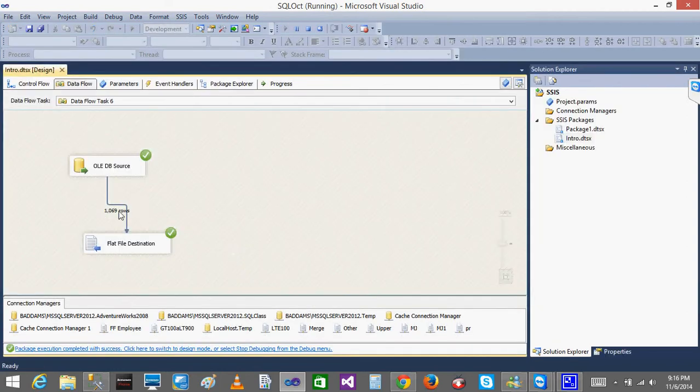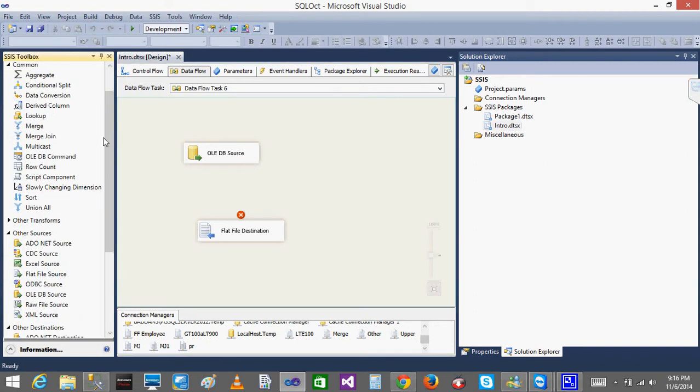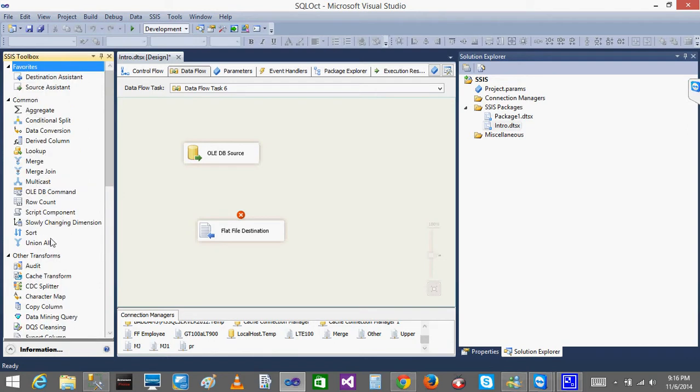I got 1069, so I got 1069 into the destination. Now see here, out of 1069, I want to select only one record randomly. So how to do it? I need to select any one record. The lottery system will not select based on your choice, right? Randomly they will select any one record, that's it. Any one lottery ticket number. The same way in SQL Server, if you want to do anything like that, in the other transformations you will have one called